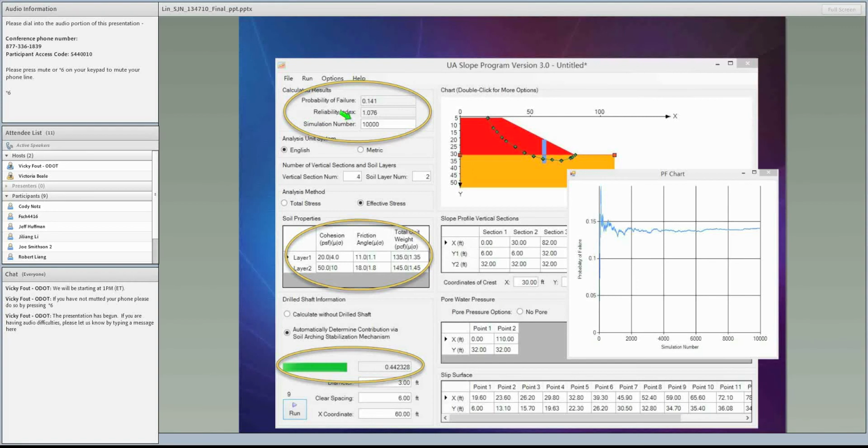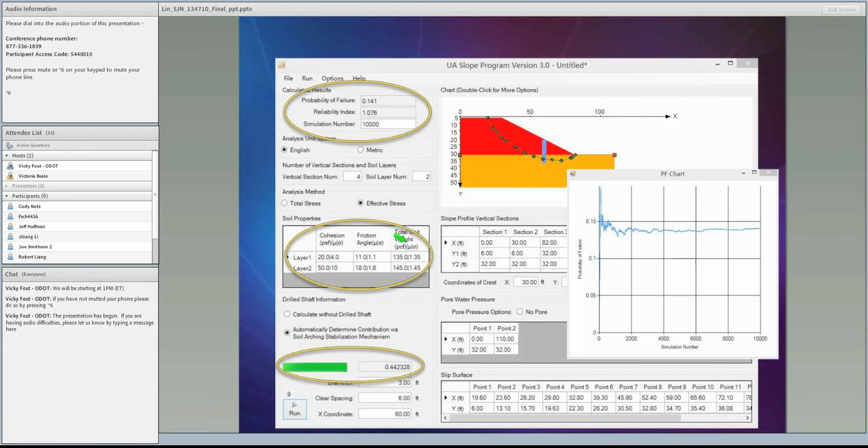On the left, we are adding a vertical line here. The left part is the mean of the parameters, and the right part is the standard deviation. So we can input these two values. This is the cohesion, friction angle, and the unit weight. For example, this is a 2-layer slope. All of these 6 parameters we can input ourselves, the mean as well as the standard deviation